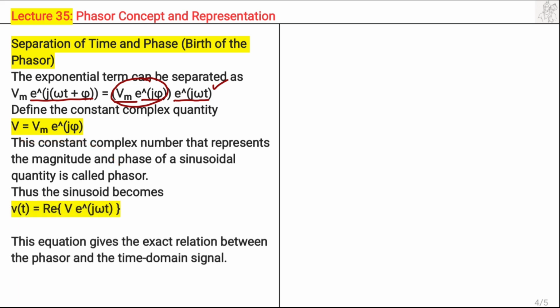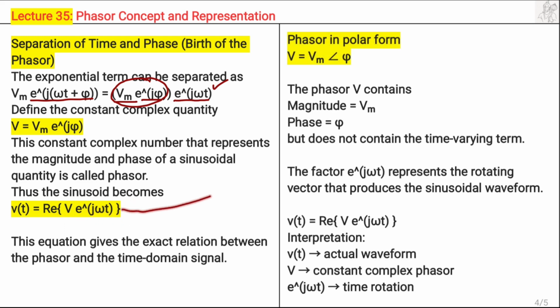Substituting the value of V, the sinusoid, that is the instantaneous value, is simply the real part of capital V, which is the phasor, into e raised to the power j omega t. Now the polar form of this phasor is simply V equal to Vm angle phi, where Vm is the magnitude and phi is the phase angle. So finally, v(t) is equal to the real part of phasor V e raised to j omega t, where v(t) is the actual waveform, capital V is the constant complex phasor, and e raised to j omega t is the